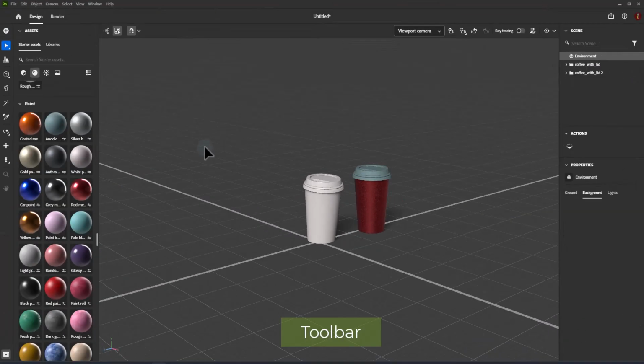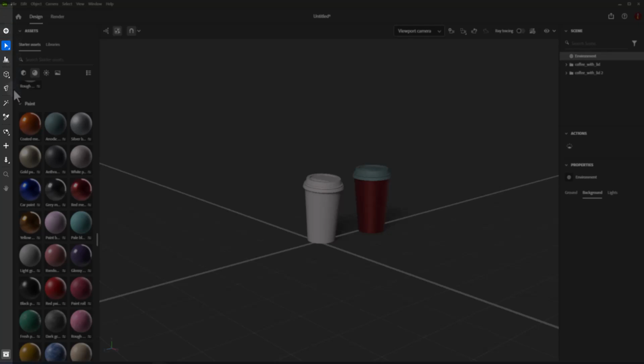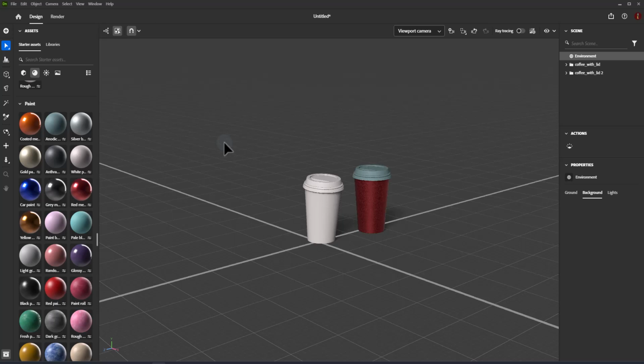The toolbar is the area of the interface where you'll find tools and the most common actions needed to work with assets in Dimension. Each tool provides unique methods for creating and interacting with content directly in the viewport. Only one tool can be active at a time, and each tool has many sub-tools and options for controlling its